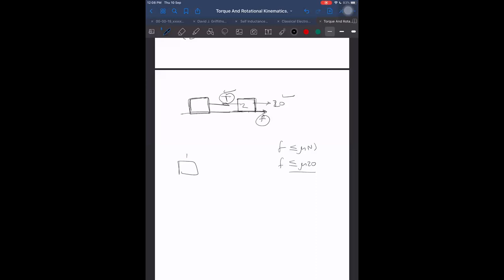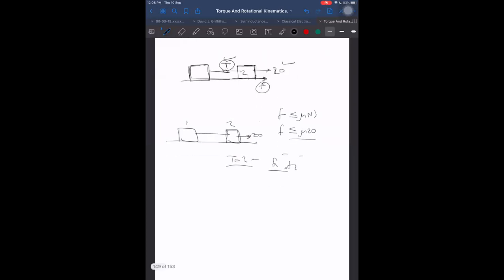This is a situation, for example. This is one mass, this is a second mass, 1 kg, 2 kg, and this is 20 Newton. Can you solve it? It appears a very simple problem, and I am just asking you to find T, and to find F1 and F2. Can you find F1, F2, and T? In fact, in books they ask these questions also. But this is a typical case of indeterminate situation.